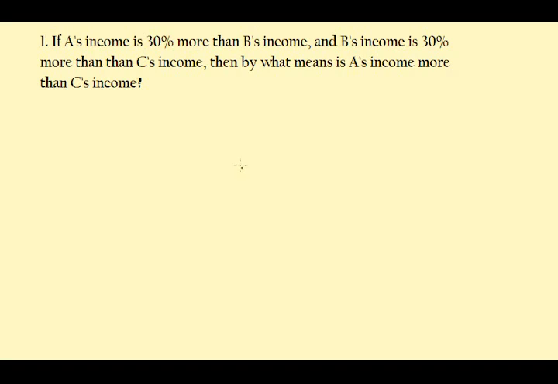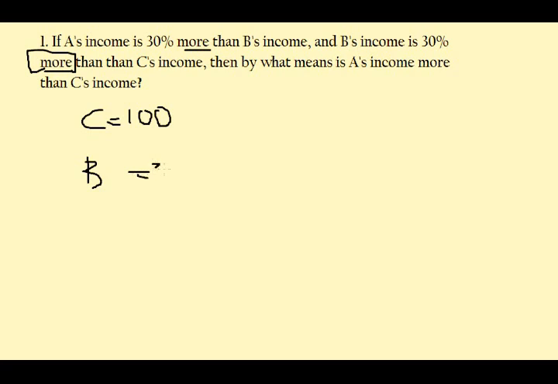So now let's see an easy example. If A's income is 30% more than B's income and B's income is 30% more than C's income, then by what percent is A's income more than C's income? Here let's assume that C's income is 100 rupees. Then B's income is 30% more, so this amount should be added. So B's income is